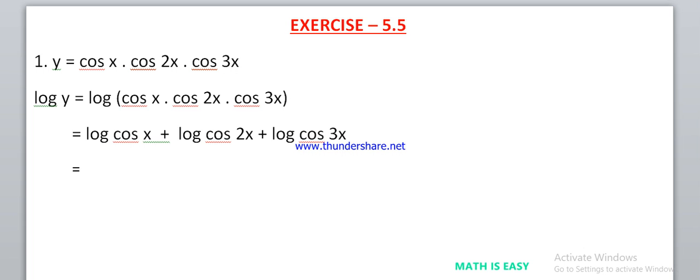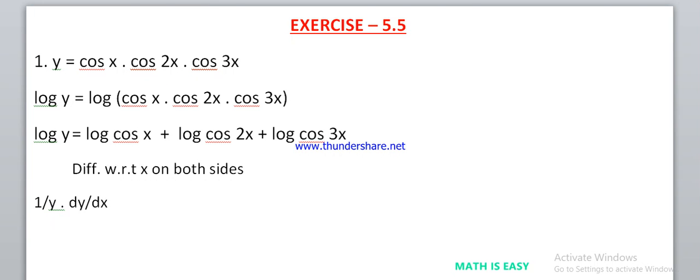Now if I differentiate, before I go here, let me write this, it will be log y only. So here we are going to write differentiate with respect to x on both sides. So what you get, log y differentiation is 1 upon y into dy by dx. Okay, log y differentiation is 1 upon y dy by dx, the differentiation of y with respect to x. Now this is log theta. If I take theta as cos x, you have log theta. Differentiation of log theta is,